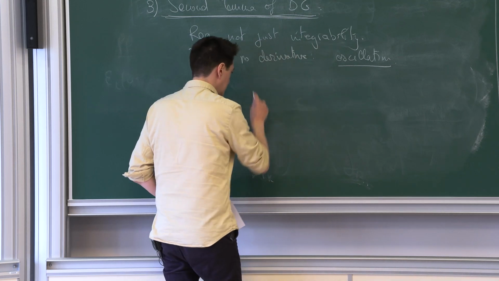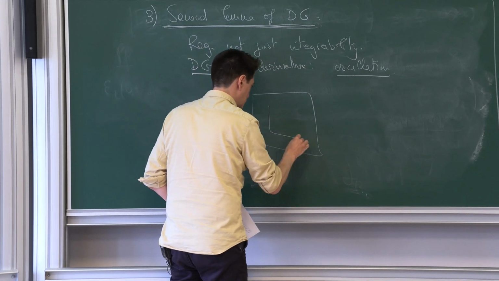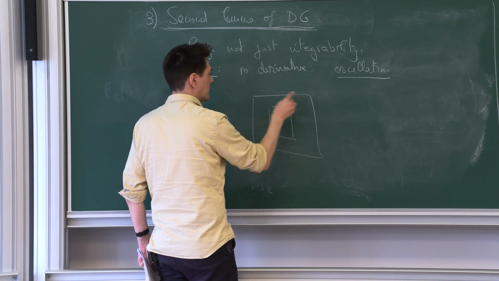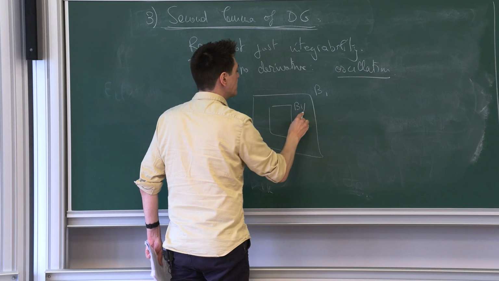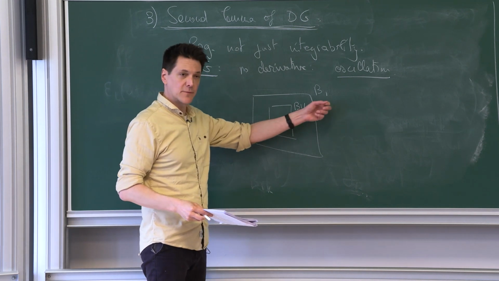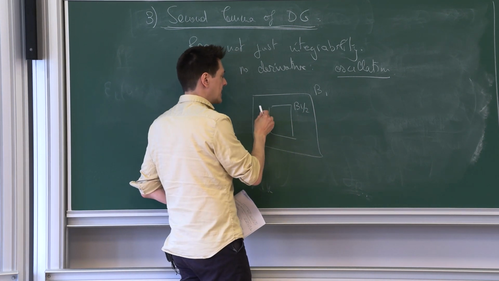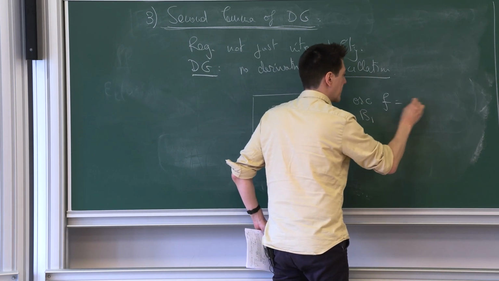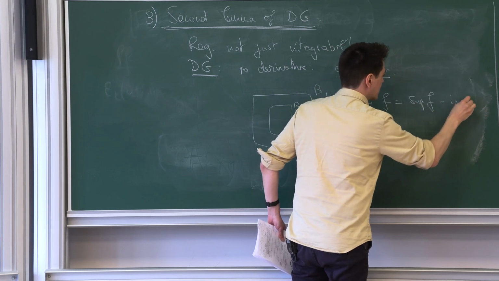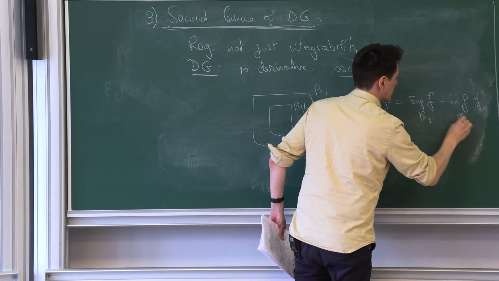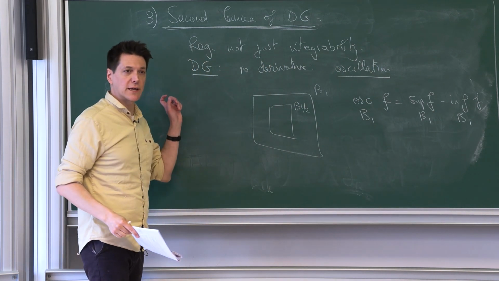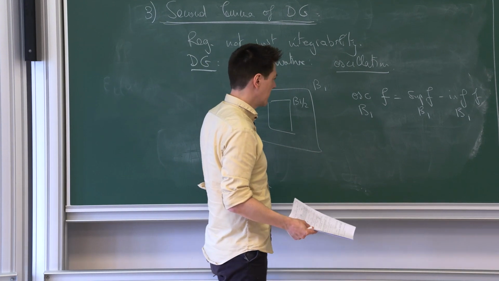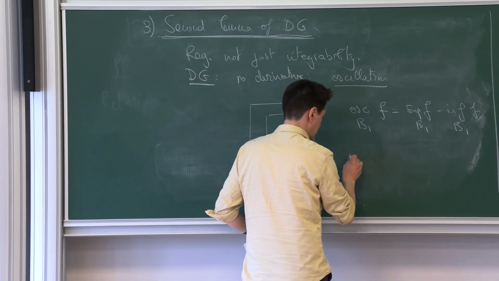So the idea of De Giorgi, that will take a couple of lemmas to prove, is the following. He wants to say that when I scale from, let's say, ball 1 to ball 1/2, it could be another fixed factor, I want to see that the oscillation is reduced. So what do I call the oscillation? Oscillation in ball 1 of f is sup f minus inf f. Of course, it's fundamental that we've proved by the previous lemma that everything is in L-infinity. So we can now consider the oscillation everywhere. And the goal of De Giorgi is to prove that